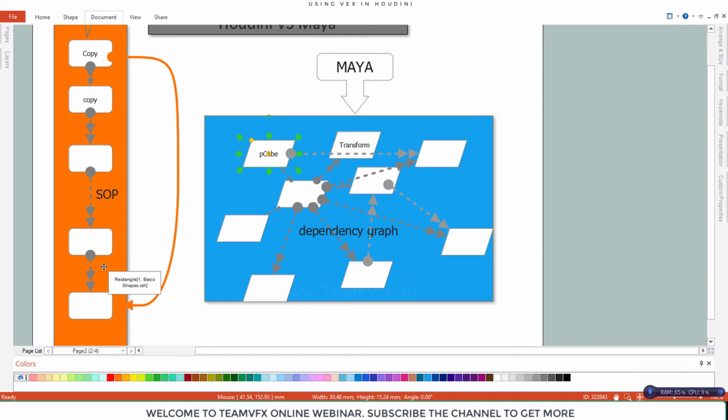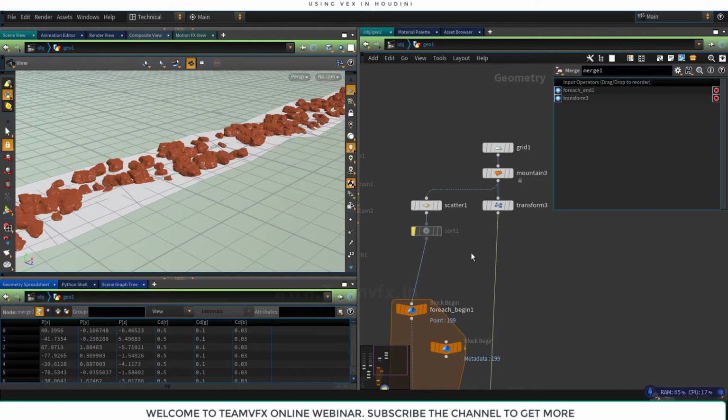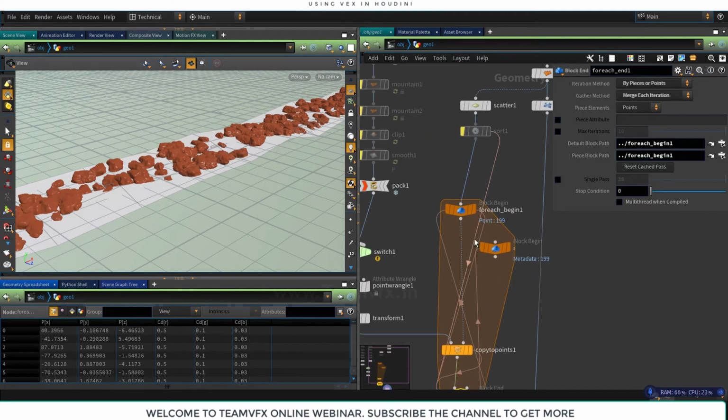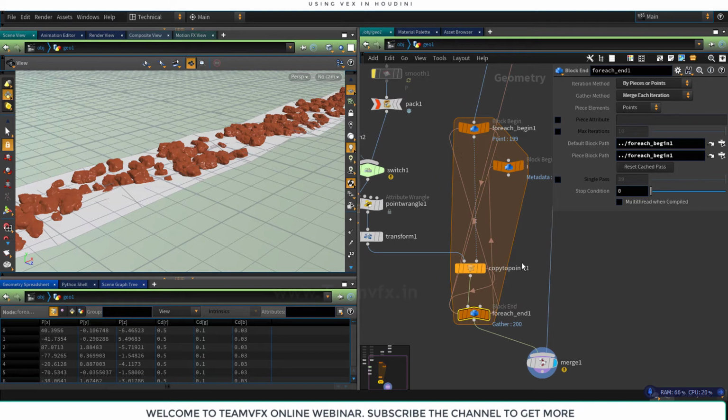The other thing we would like to know is what the dependency graph is. A dependency graph is where a node is dependent on another node. In Houdini we also have a dependency graph, like when we create some node and put an expression or a VEX command in a node below for this particular node, a dependent connection is created. We can see that in Houdini only when we switch on that option. You can see an orange colored connection going on, and we can't do anything.